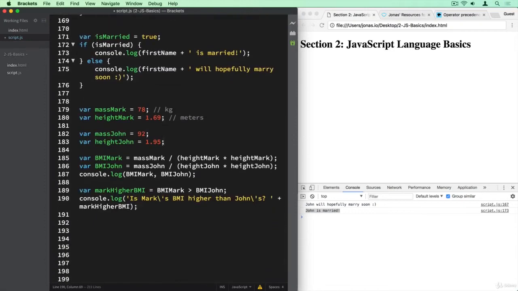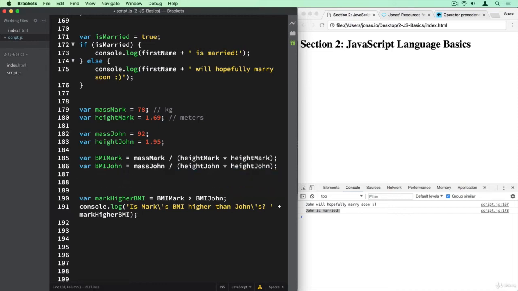Okay, so what we did here is to simply log this string here and then together with this true false value. So that's not really the best solution, right? To just print true false to the console. So now that you know the if else statement, we can do a lot better than this, right? So what we can do instead of all of this, let's comment it out actually,